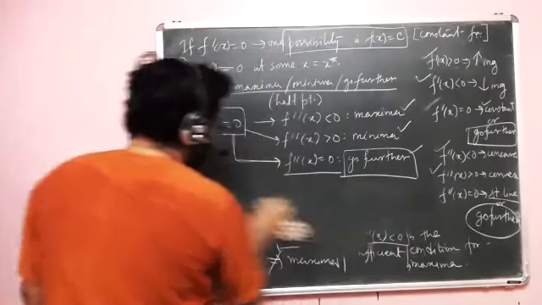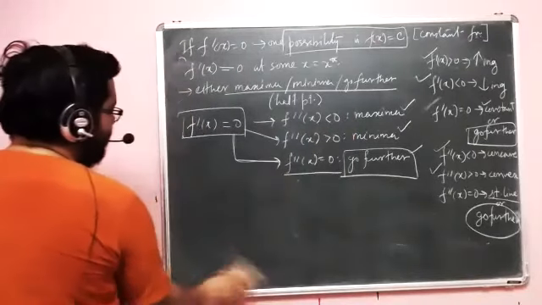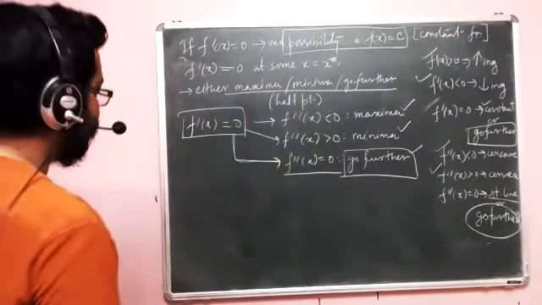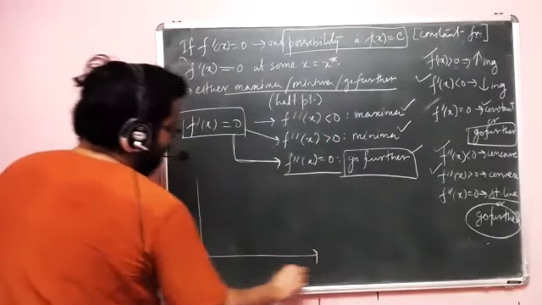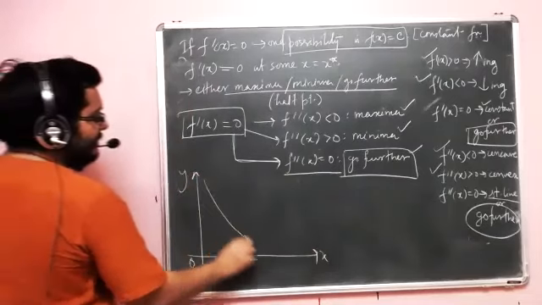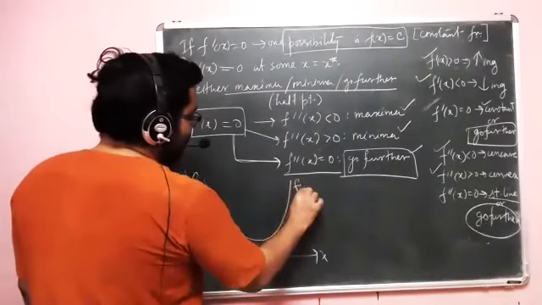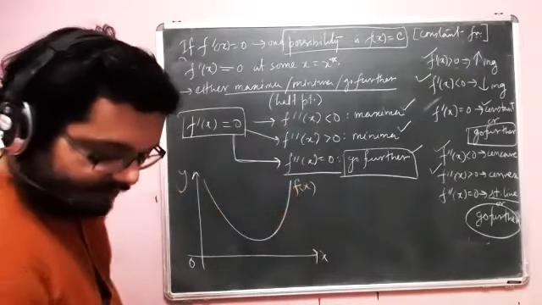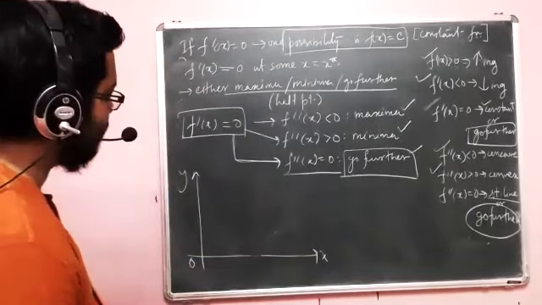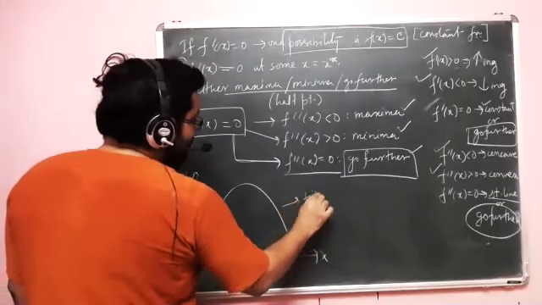Okay. So let us draw a function where we have maxima in that specific interval. Let's say my function looks like this. So this is a big U, and let's say this is my fx. Oh, sorry. We are talking about maxima, so we have to take an inverted U. So this is my fx.